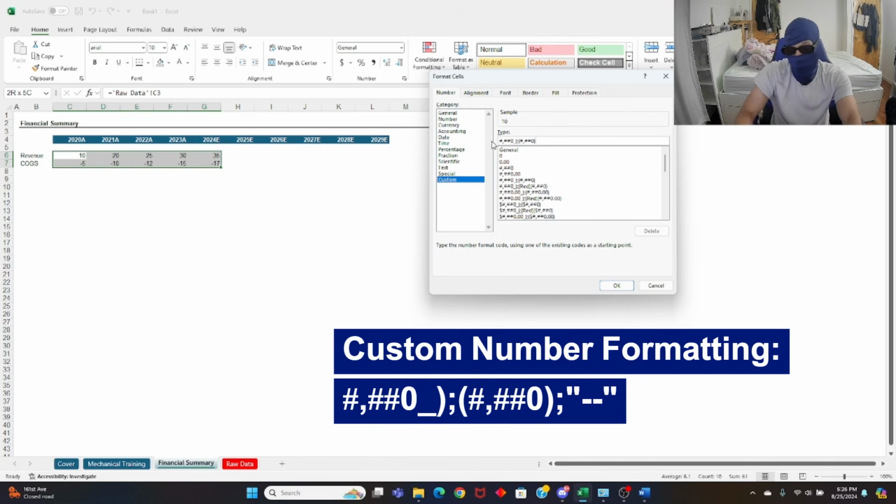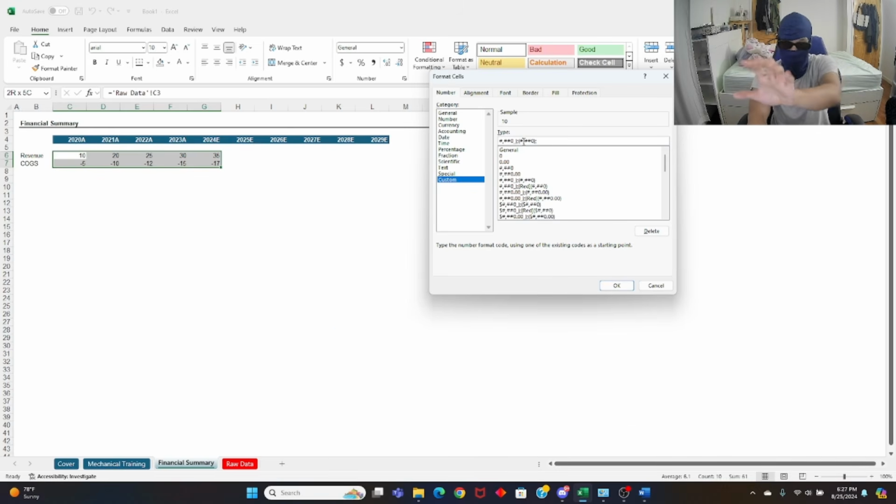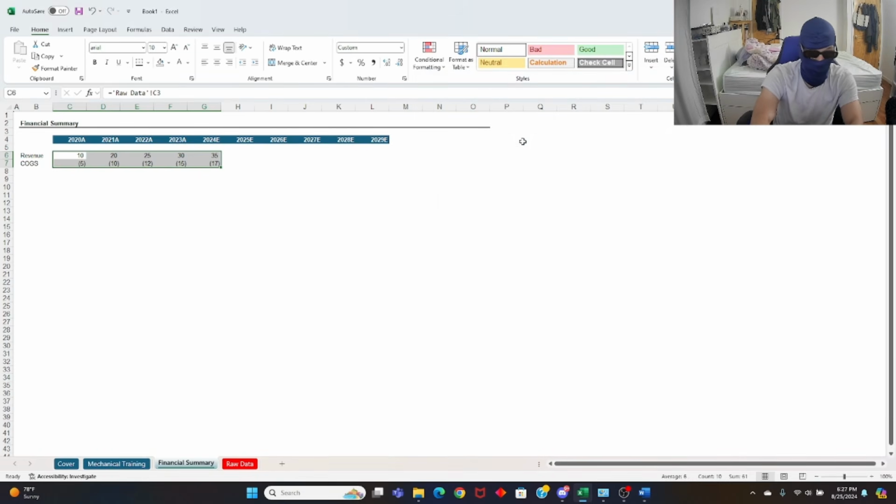So what this semicolon does is that it dictates the change in number format, right? The left of the semicolon is positive numbers. The right of the semicolon is negative numbers, right? So it's going to say every negative number, give me this number within parentheses instead of a negative sign, and then you're going to add a semicolon again. Remember, positive, negative, zero. So what happens if it is zero? I want quotation marks, two dashes, enter.